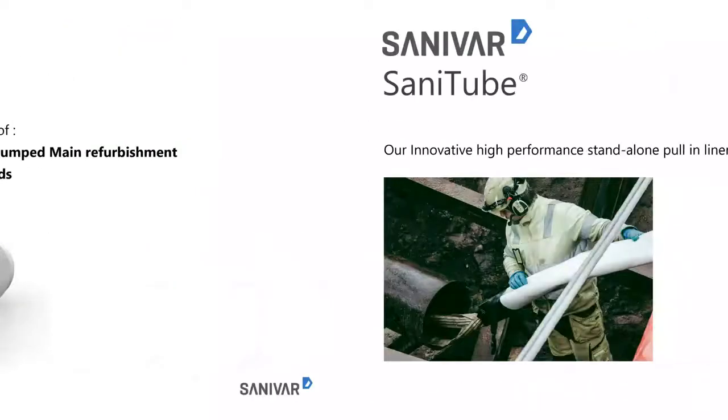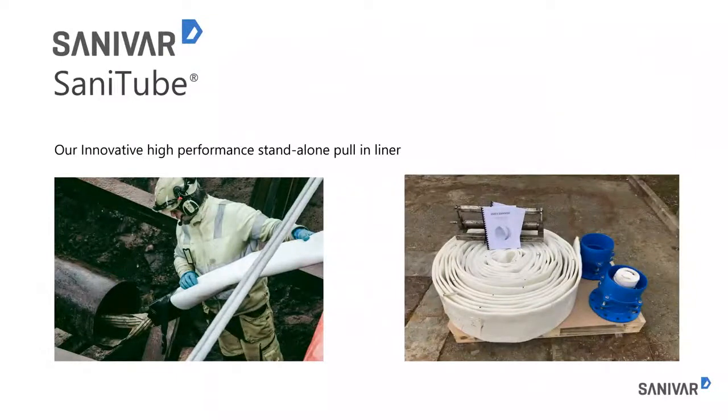So moving on to Sanitube, this really is an innovative lining technology, quite different from traditional CIPP liners. It's high performance, has many of the same qualities as the Saniline I mentioned earlier, pressure rated up to 32 bar unsupported, so certainly suitable for any pressure pipelines up to 16 bar and over operating pressures. And it's a pull-in liner, so there's no adhesion, no adhesives, no toxic chemicals involved in curing, and critically, no curing time either.